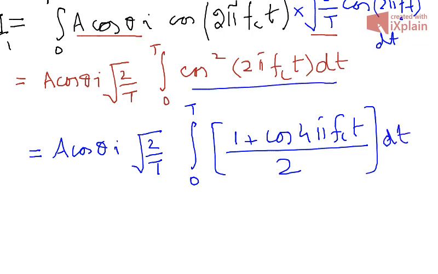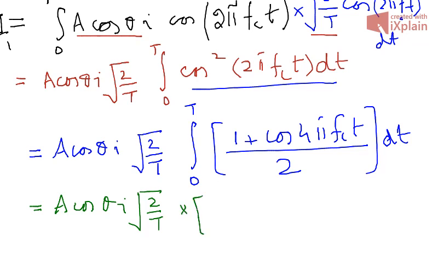And I change this cos square theta using the trigonometric identity, and we can write it as a cos theta I square root 2 over T, and from this first integral